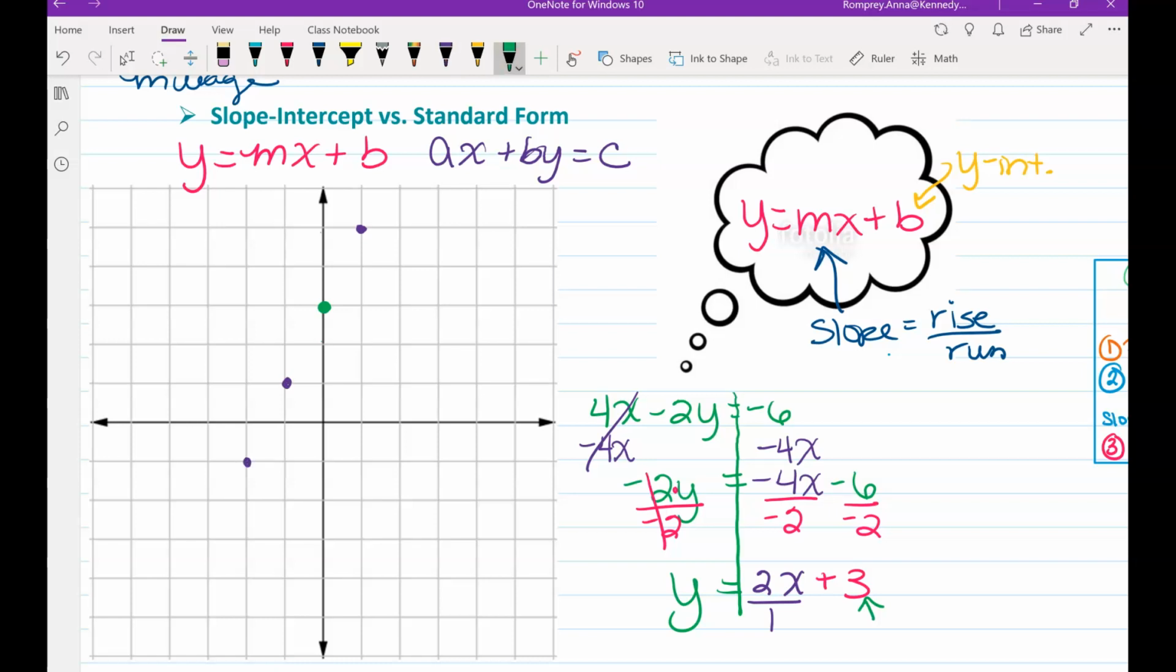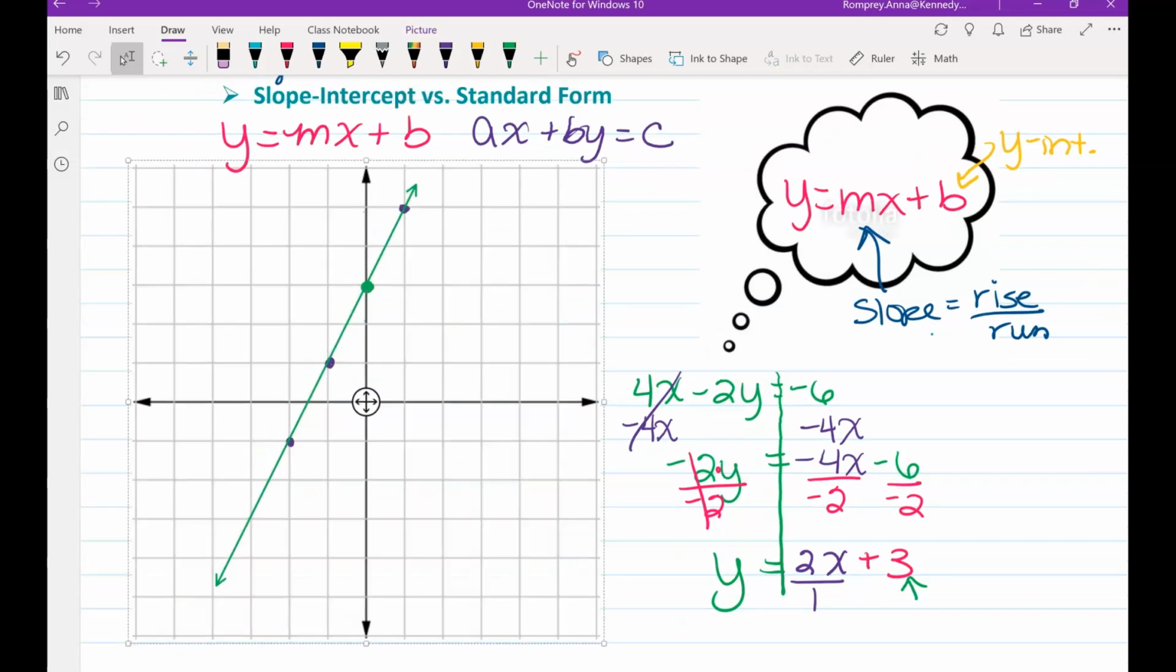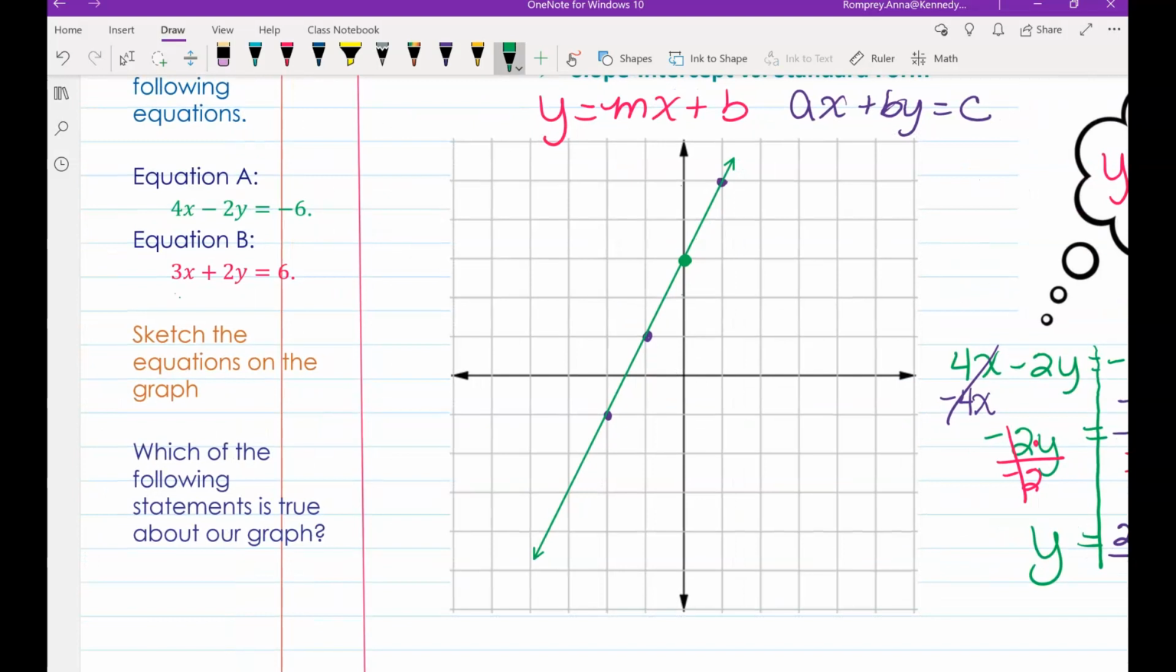And now we can connect our points. Now I have something that's shaping up to be a line. So I'm going to connect. Beautiful. Okay, so I would recommend that you go ahead and pause the video and try and do 3x plus